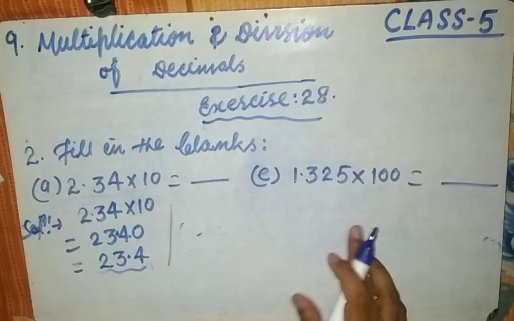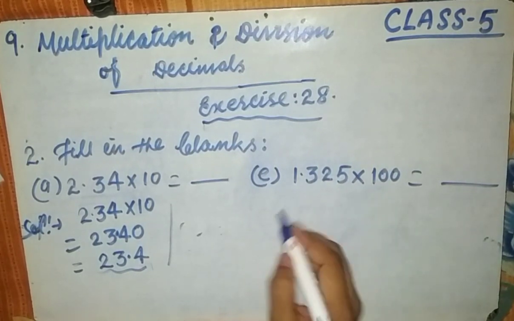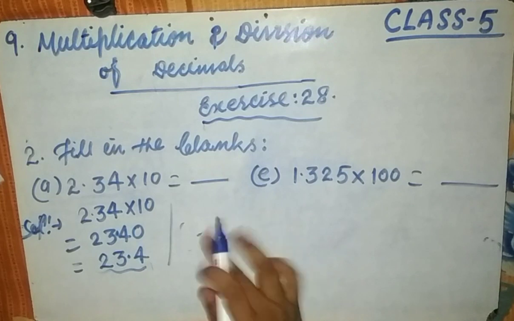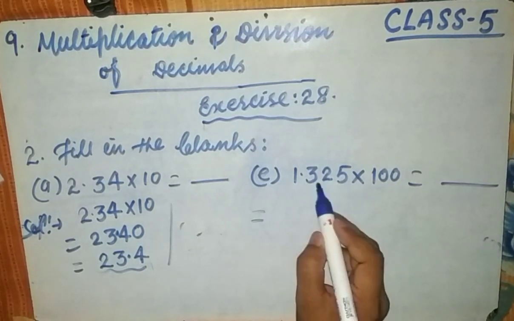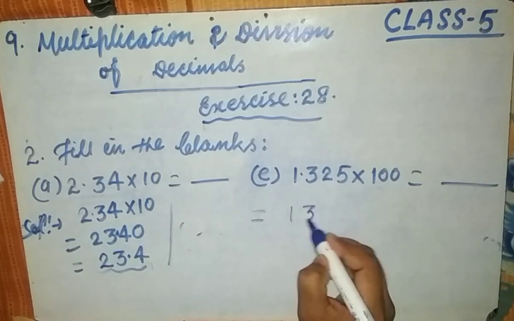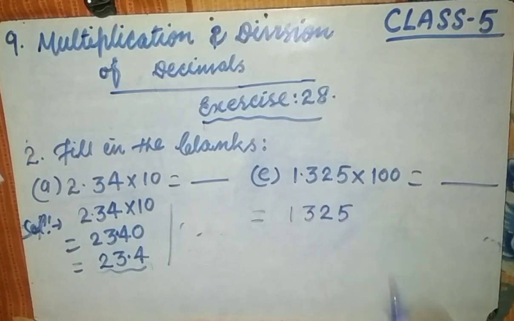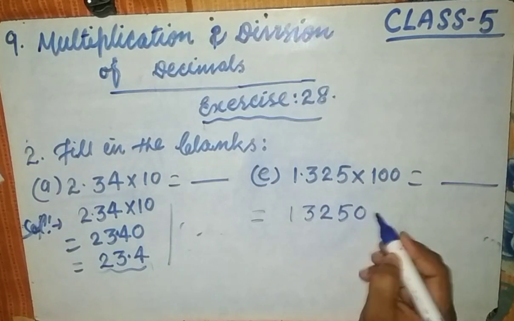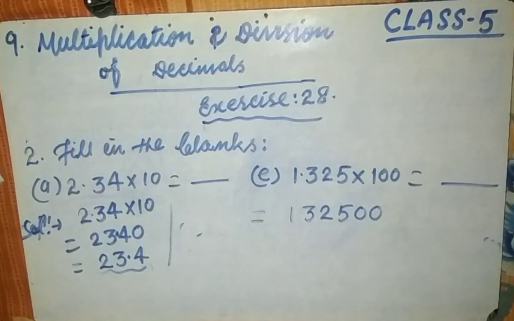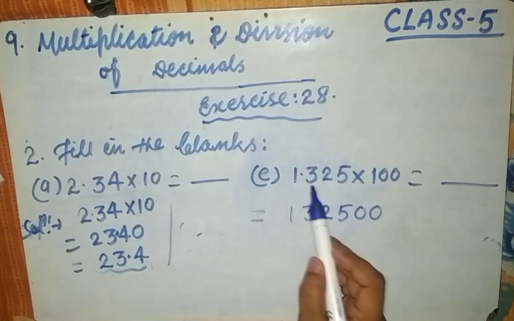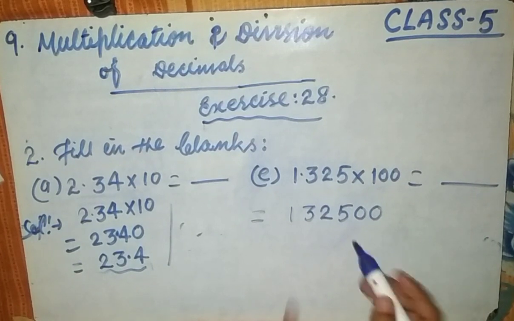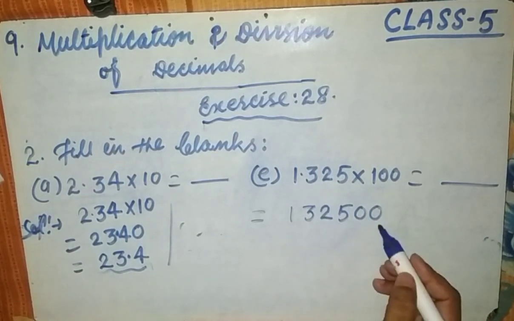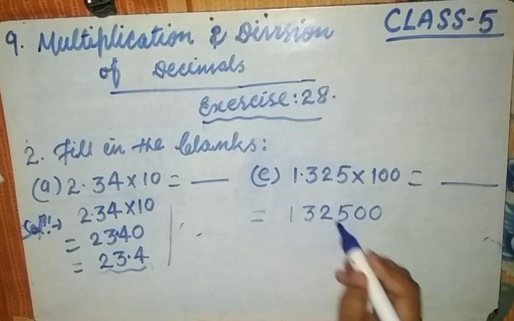Now see the next one. First multiply 13 without carrying this decimal: 1325. Okay, how many zeros? 2 times zeros. Place the 2 times 0. Now see how many digits after decimal. Here 1, 2 and 3, there are 3 digits after decimal. So we have to count here 3 digits from right hand side, 1, 2 and 3, and place the decimal.